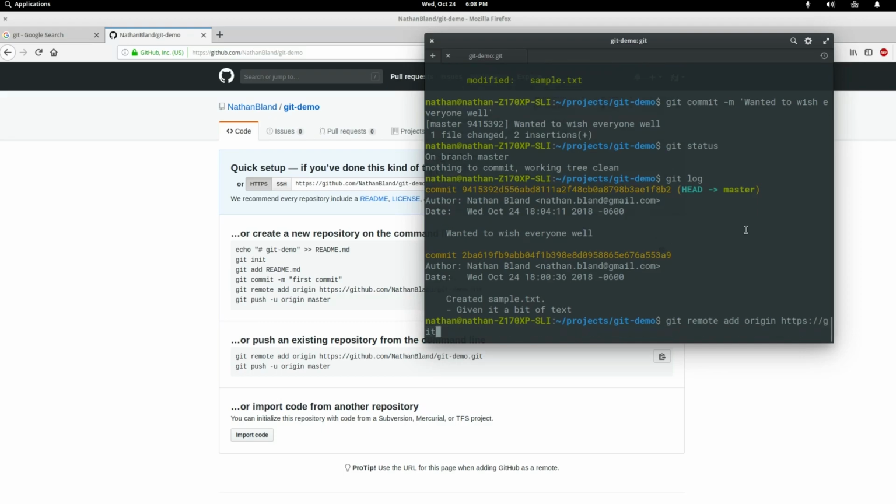Now you'll notice this ends in a .git, which is not normally something that you see at the end of a URL. You'd expect either no ending or something like .html or .asp or .php. .git is not common, but what that indicates is that this URL points to a Git repository. So we're going to hit enter,